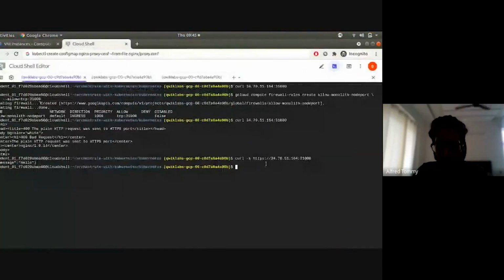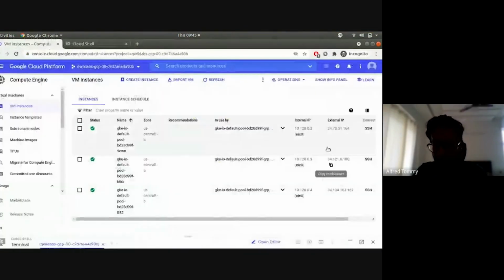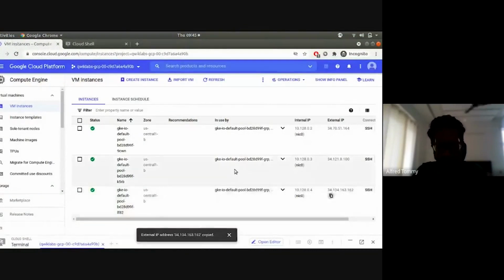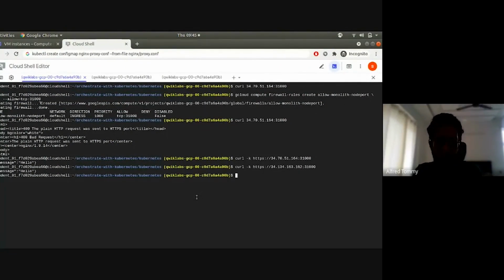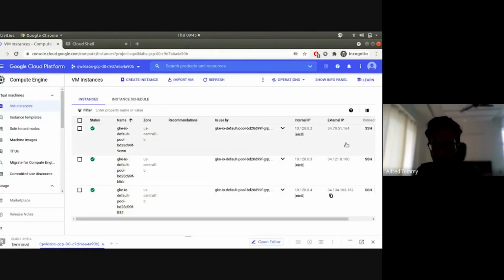And you see that I put in the first node value, right? So let me just show you that I can take any node value. Because when I expose it as a node port, all of my GKE nodes become kind of like load balancers. I mean, it's not a good way to put it, but they become like public endpoints through which I can access my service. Again, this is not the ideal scenario. Why? Because you have 3 public endpoints here, right? Now your service is accessible over here, and over here. And SSL termination is happening at the pod level instead of at the load balancer level. Right? So these are not ideal scenarios, but